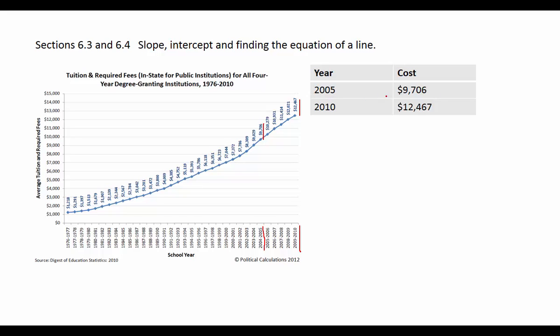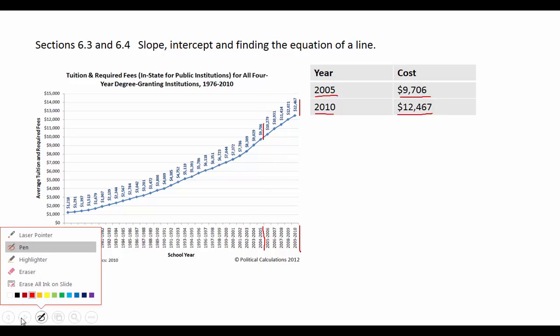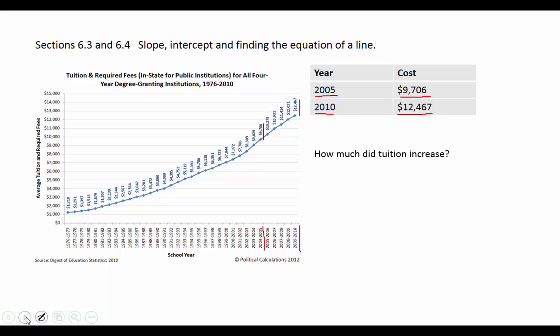I've summarized this in the table over here. You see the X and Y value, the input and output for both of those years. I can use that data to figure out, well, how fast is tuition going up, relatively speaking, every year? So how much did tuition increase? Went from $9,706 to